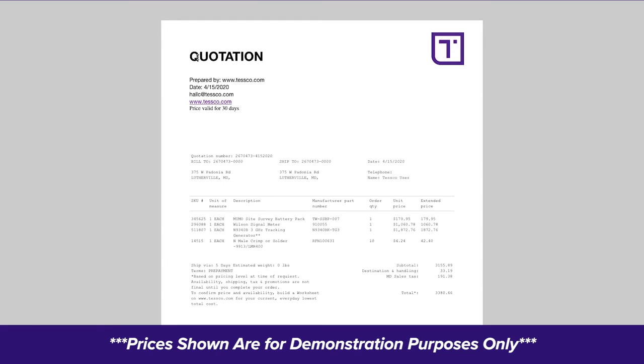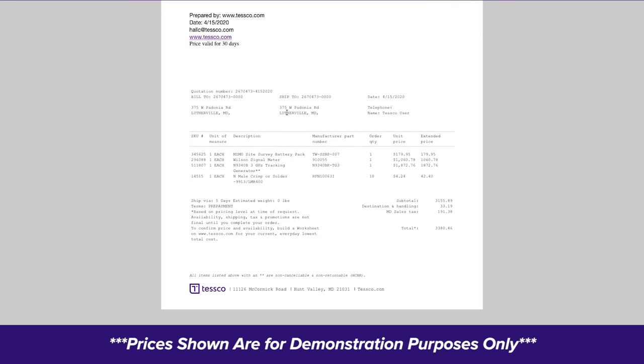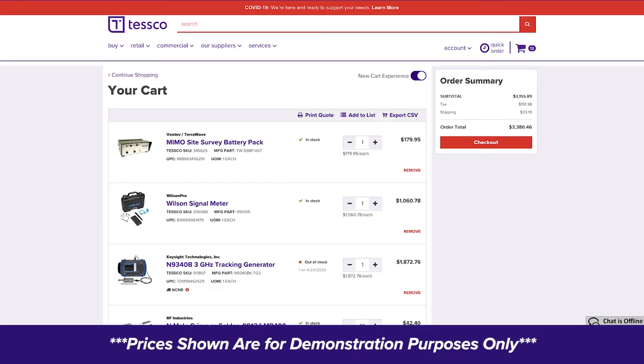And here you can see the quote format. We have the quotation number, the billing address, and the shipping address based on your account selection. And then we have a list of the SKUs, the pricing, and the total. So now jumping back to the cart,